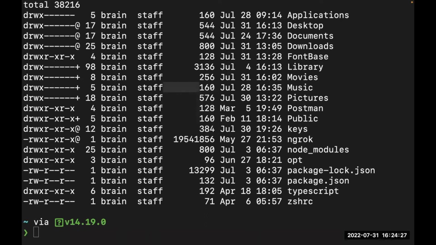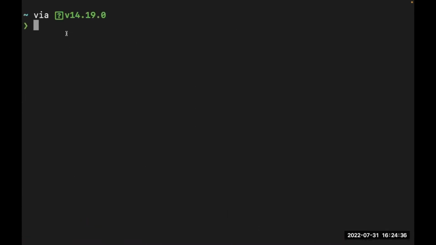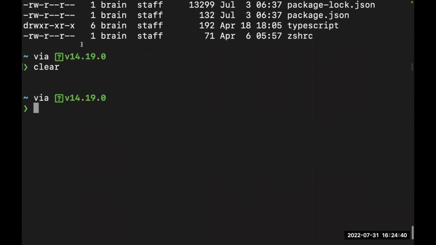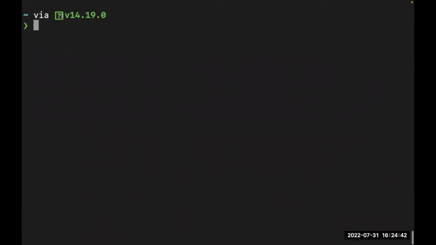So the next one we have is cd. I'm going to clear this using the clear command. This would clear the screen, so we can kick off from here. Of course, the history is still there when I scroll. Even though it cleared the screen, it only pushed those things to the top, and ensured that our screen here is not cluttered with any command or text. We can always use that command, and I will show you some other commands that you can use to clear and reset the terminal.